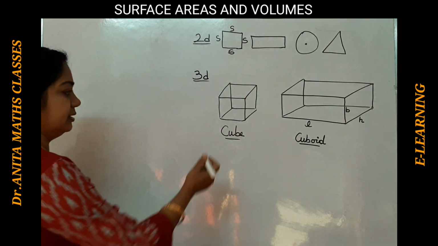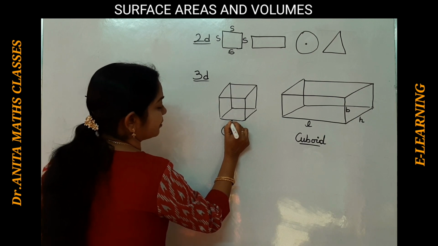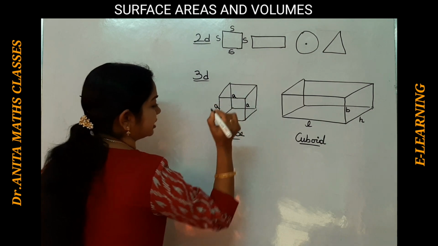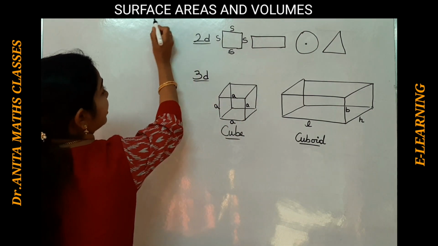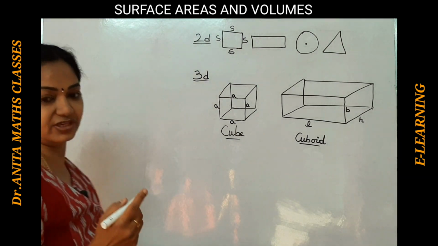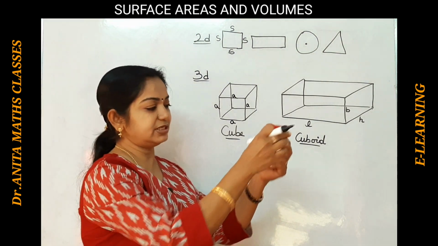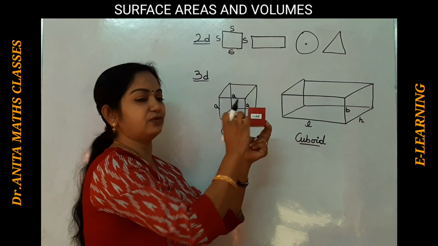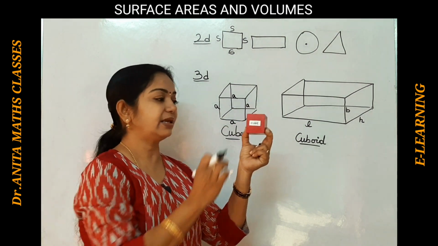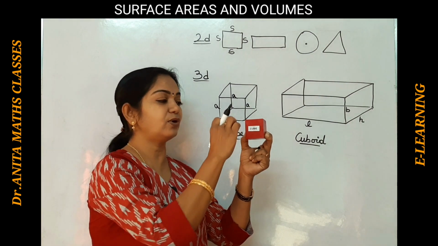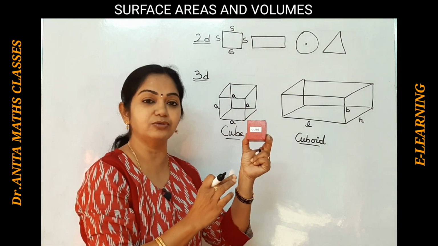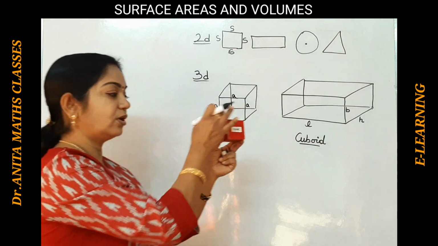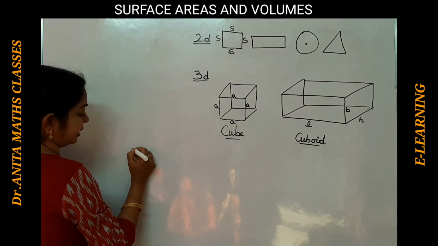Now here, let us start with the cube. If I am supposing this side as A, all the sides are equal, so all are A units. Okay, so when I am telling surface areas, there are 2 surface areas I can calculate. Now here, if you are seeing this cube, we can calculate the 4 faces, 1, 2, 3, 4, which are called lateral faces. That area is the lateral surface area. And if I want to calculate the total surface area of the cube, I have to include these lateral surface areas plus the top and the bottom. So altogether 6.